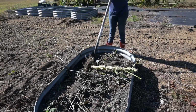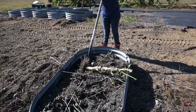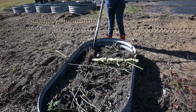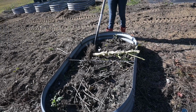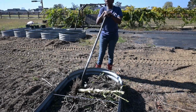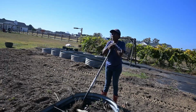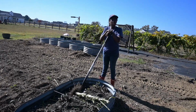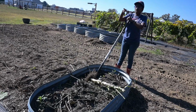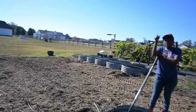Alicia's over here getting her butt kicked by this okra stalk. And I really was trying to get all the root because I don't want nothing to try to, well, I guess with the fabric covering it, it won't try to grow. Right. I think it'll be good. We'll pull this up when it comes time. I'll try to till this as much as I can to kind of flatten it out as well. I think like this area over here,